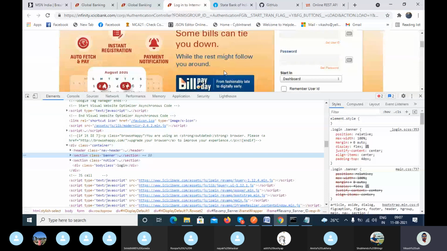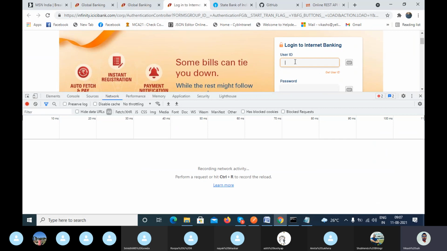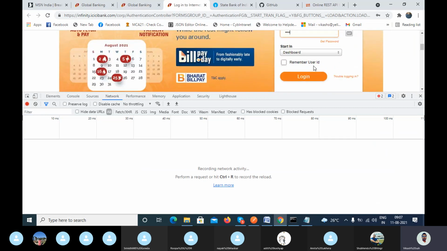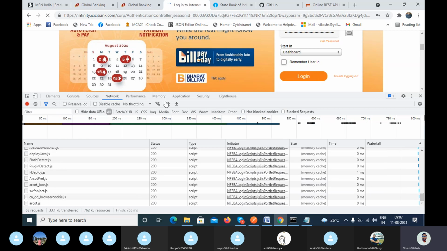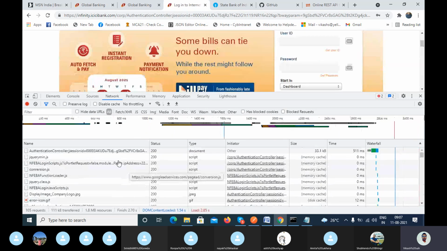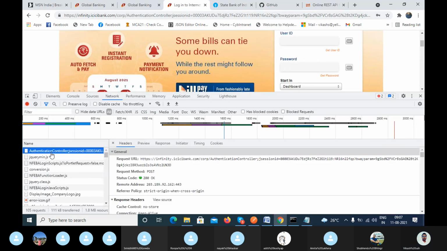So what I was trying to say: if you enter the username and the password and go to the network section, let's suppose I enter the user ID and the password here. When I click login, which API is it calling? Here you can see the authentication controller.